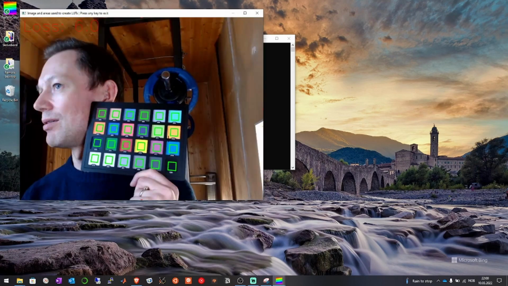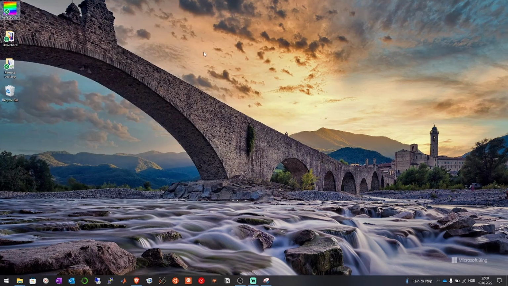So now it's generating the LUTs, and as you can see, it could find the checkers pretty well. And the loss is 6.0, and that's quite good. I would say with this camera and in these lighting conditions, that's pretty good. I press Enter, and now I bring up OBS